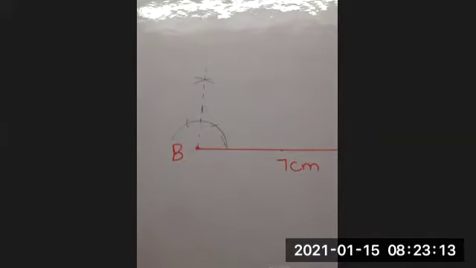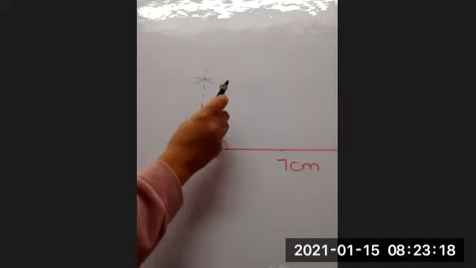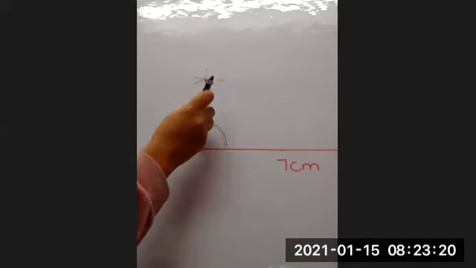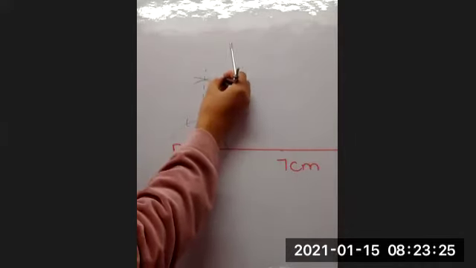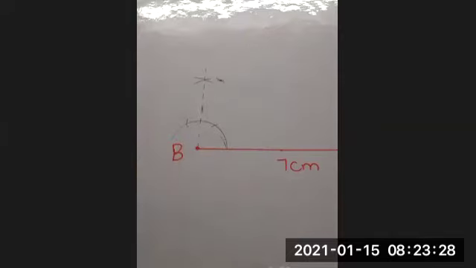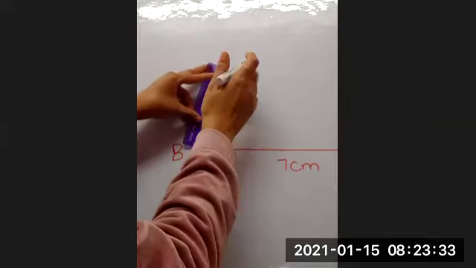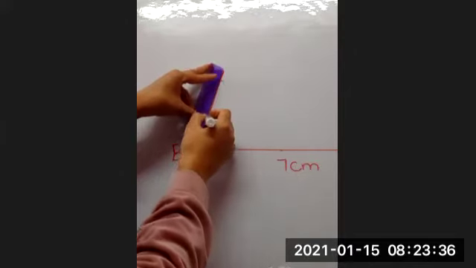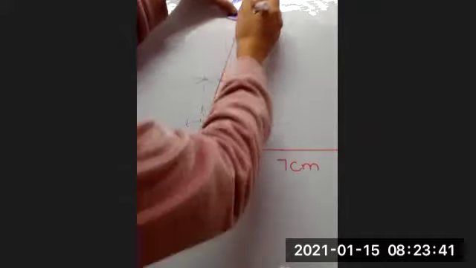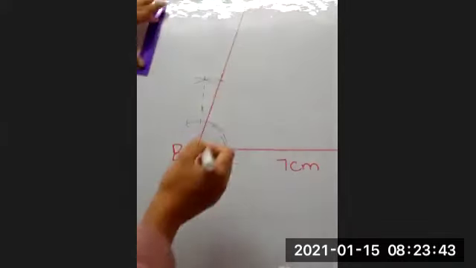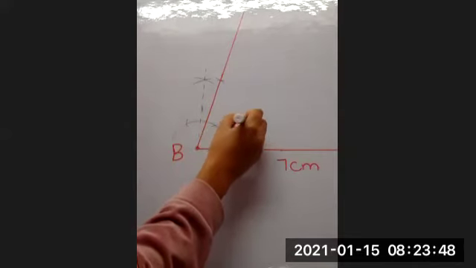Now in the next step, we shall draw bisector of this 60 and 90. So keep at 60, then keep at 90. Whichever point you got, this point and this point, join it with the help of scale. Yes, beta. So this is your 75 degree.